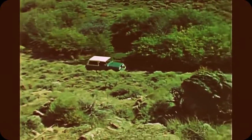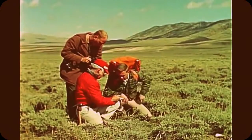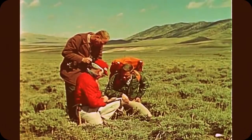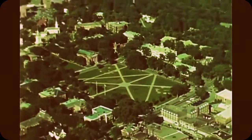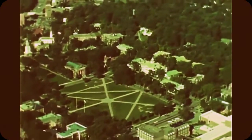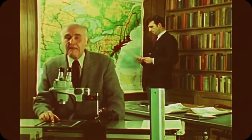The rugged Wyoming terrain, yielding up secrets of her natural resources. But ERTS does not just help us to know nature's work better. Man's work as well. At Dartmouth College, Professors Robert Simpson and David Lindgren are putting ERTS to work in regional